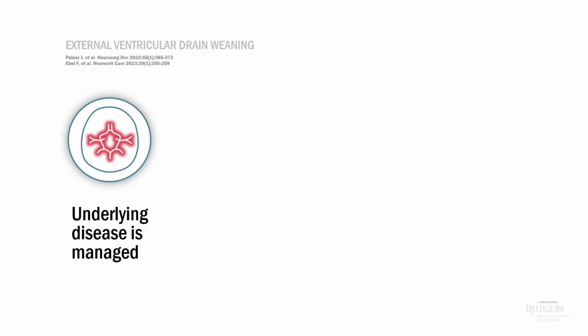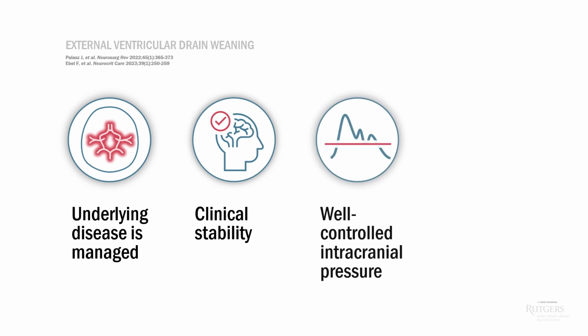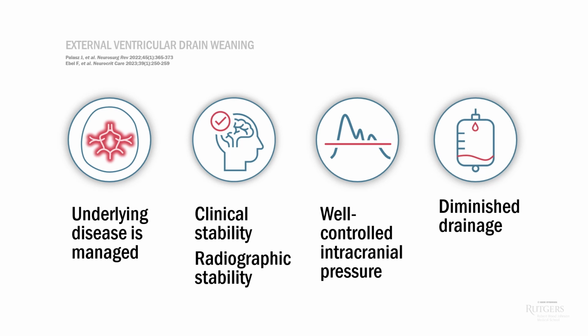In general, you need 4 things. Your patient should be clinically stable for at least 24 hours or so. Intracranial pressures should be normal. Scans should show stable, if not improving, findings. Finally, drainage of CSF from the EVD should be slowing or stopping. This means that the natural reabsorption and drainage systems have started to function normally again, so you no longer need to patch the problem by diverting the CSF flow. Usually you're looking for a daily drainage of less than 200 milliliters per day.